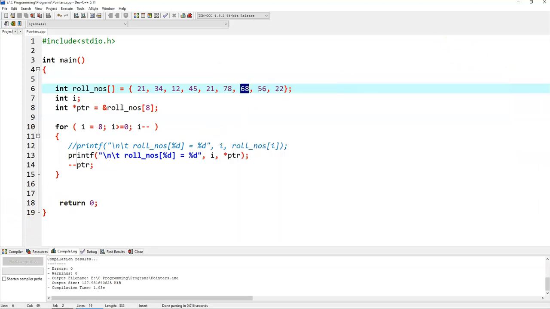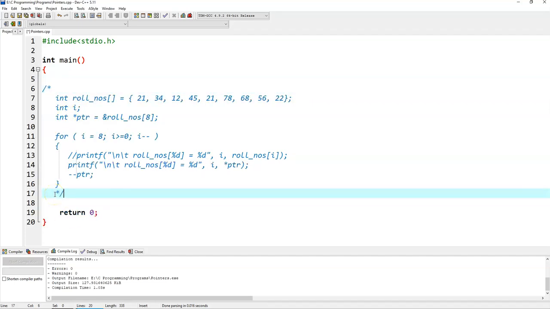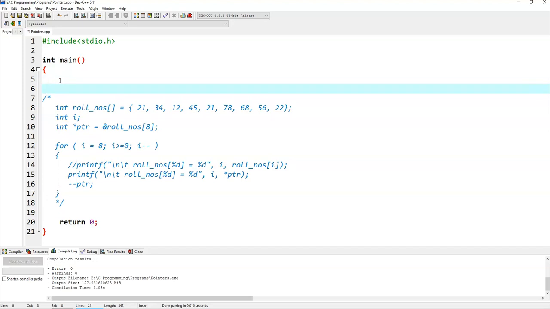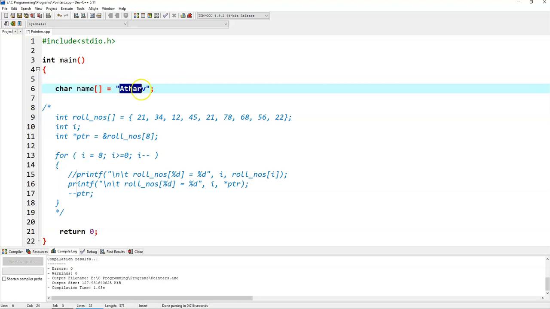Okay. Now how to deal with the strings? So to deal with the strings, let's maybe try to have some strings defined, right? Now अगर आपको एक नाम किसी का store करना है, how you will store name, right? And then you will say array, let's say Atharva, करेक्ट। तो ये क्या हो गया, बेसिकली name is an array of characters. सो अगर आपको name को एक्सेस करना है तो आप you can just use %s, right, and then simply using name. But what if you want to have name as an array of strings,